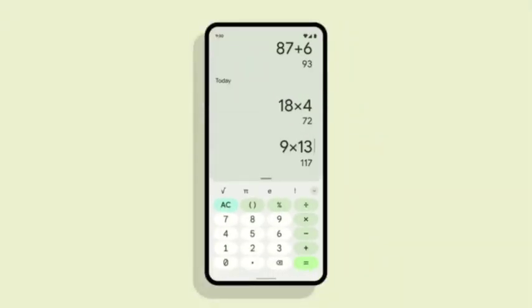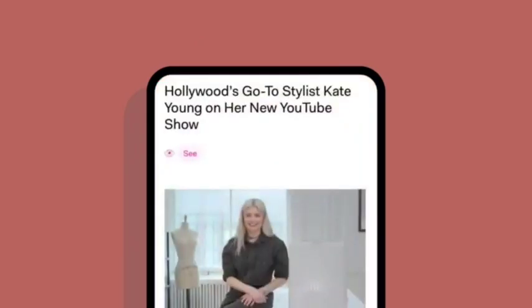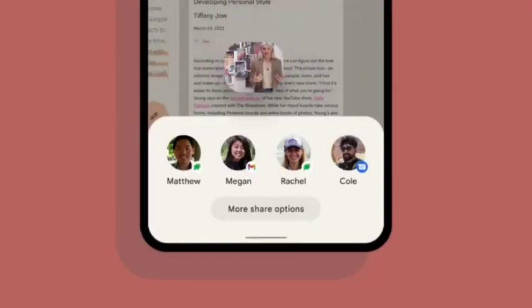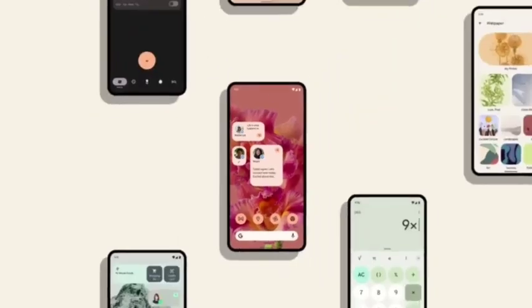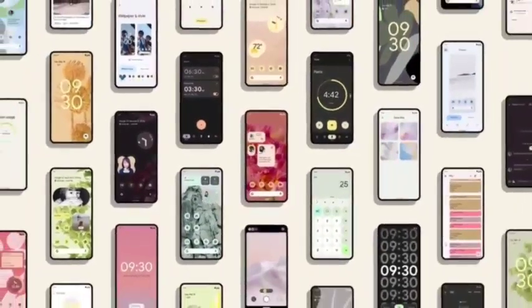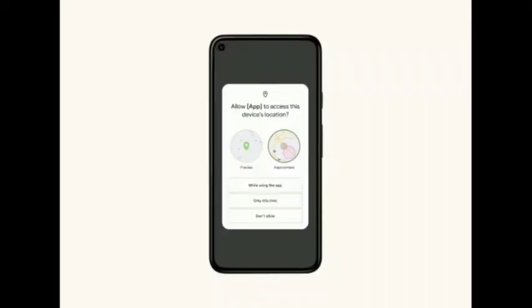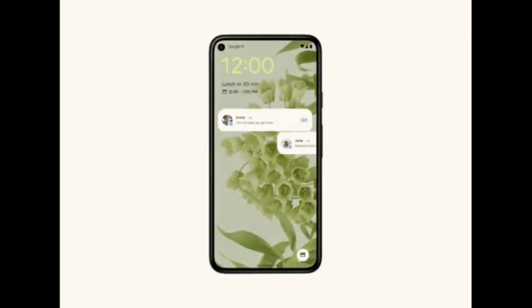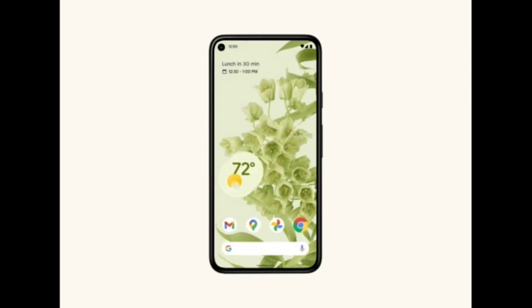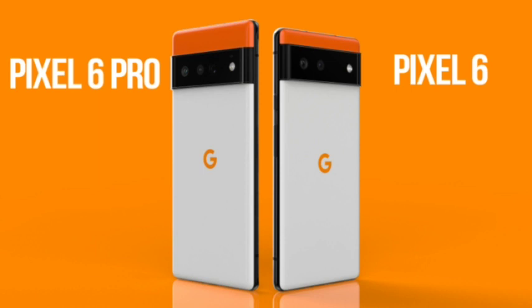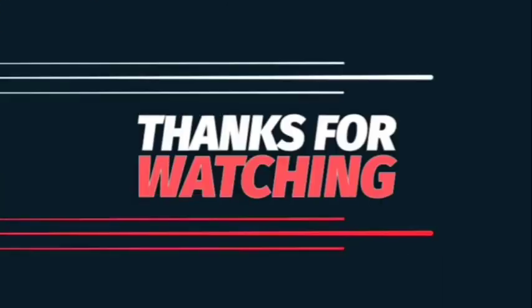Android 12 is loaded with other great experiences, such as improved accessibility features for people with low vision, scrolling screenshots, conversation widgets that bring your favorite people to the home screen, and ways for all of your devices to work better together. We're also fulfilling our commitment to make third-party app stores easier to use on Android 12. You can find many of these features today in Android 12 beta, available on